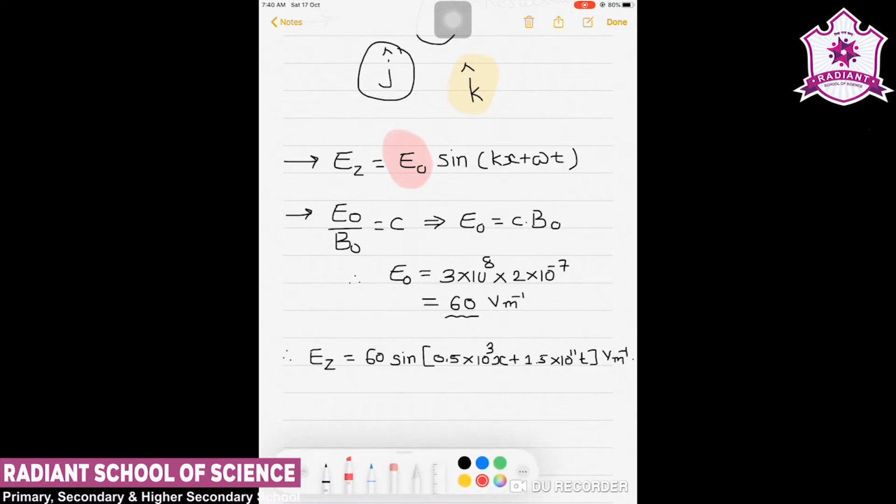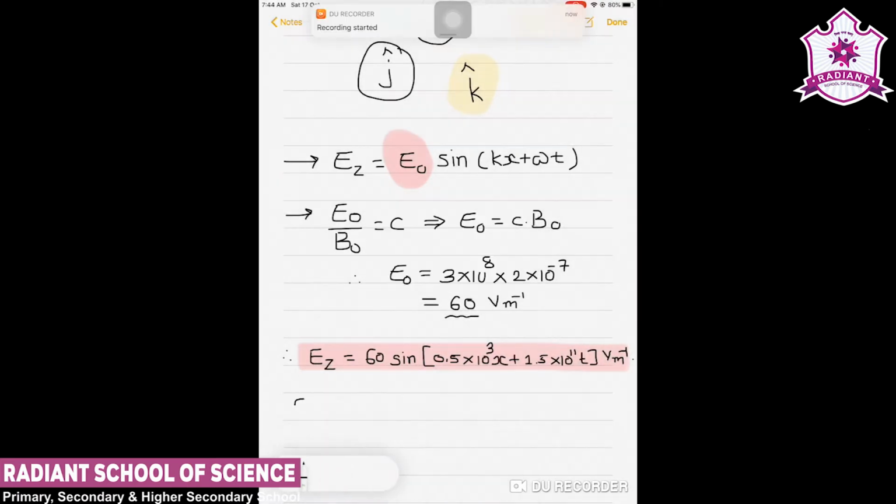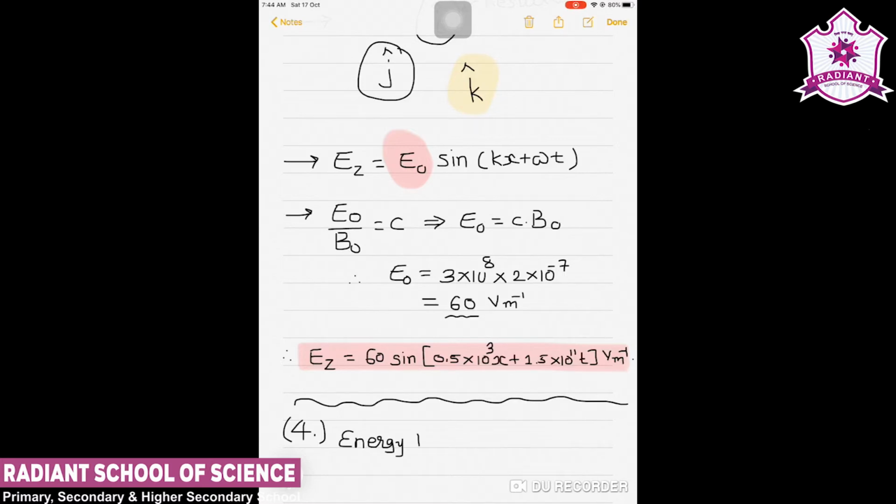So that is up to the answer of the given question. So that is good, an important question. In question number 4, or illustration number 4, it is given that light with an energy flux. Energy flux is also called intensity, and it is represented as power over area. So it is given that energy flux is given